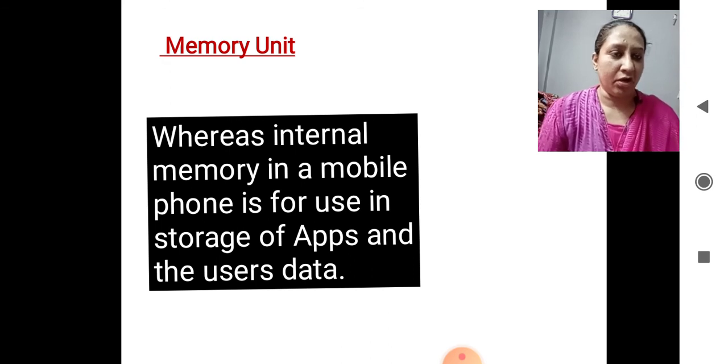A certain amount of storage is in every mobile, which will allow the user to store all the apps which the user needs, as well as all the files and other things needed. Apart from it, the user can also add an additional extra SD card for storing the data. So these two memory types are there: one is the inbuilt RAM memory for applications, and the other is the additional extra memory.